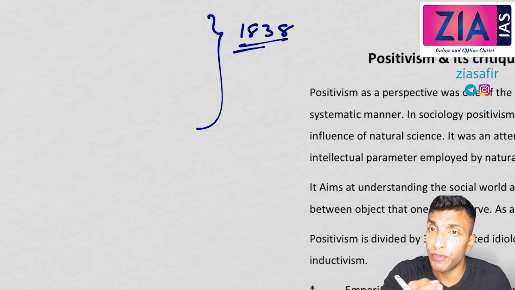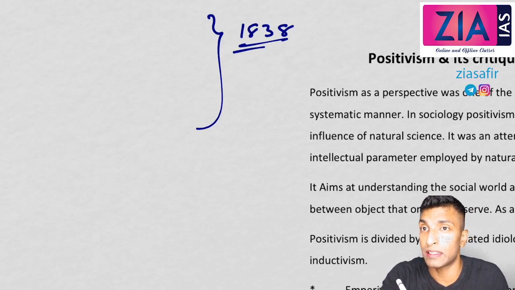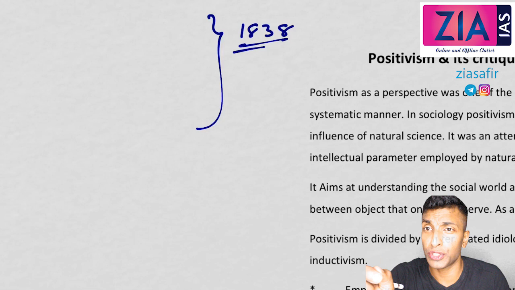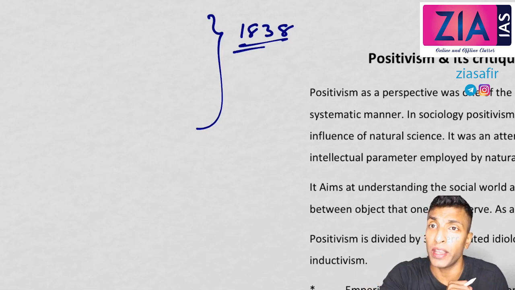Okay, and similarly, if you remember, when we talked about Herbert Spencer, I told you he compared society with an organism, and all these show the concern of initial sociologists to make sociology similar to natural science. Okay, so initially what they did is they applied the methods directly from natural science, or the perspectives directly from natural science, and that is exactly what was done, and that is the context of this discussion of